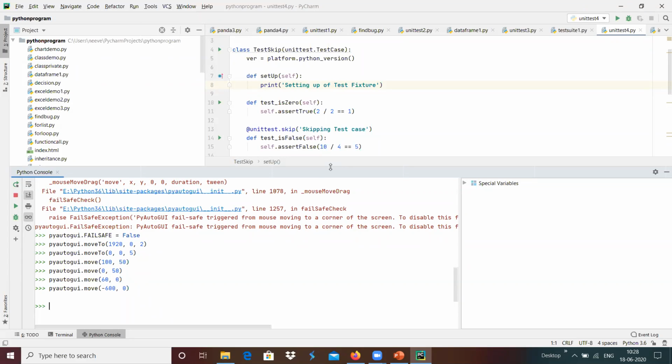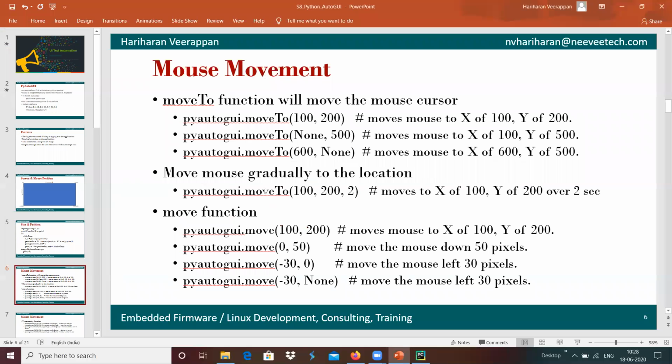MoveTo is to move the mouse pointer directly to that particular pixel point, for example left top, which is 0 cross 0.